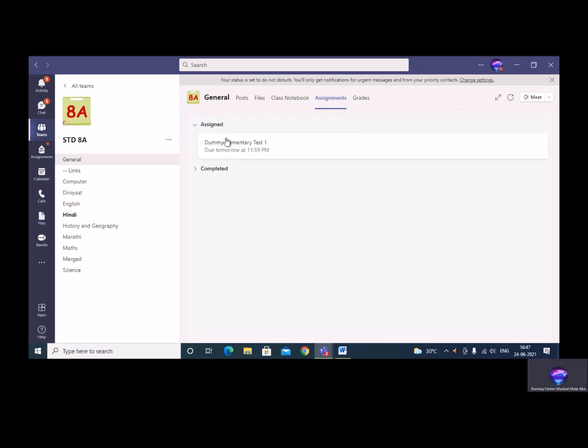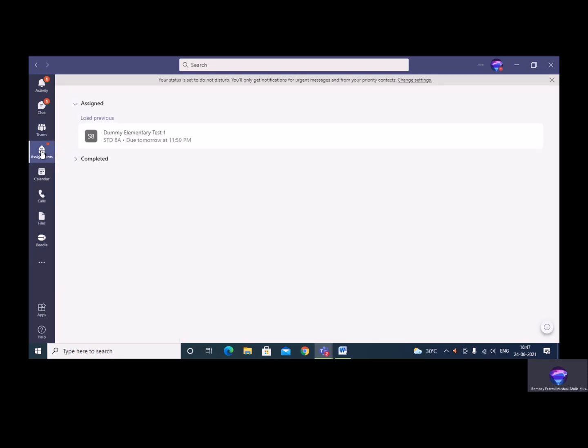This will show you all the assignments which are assigned to you. The other method for reaching assignments is on your toolbar, where you have the ready-made tab with the name Assignments. Click on this Assignments tab. This will again give you the view of all the assignments which are assigned